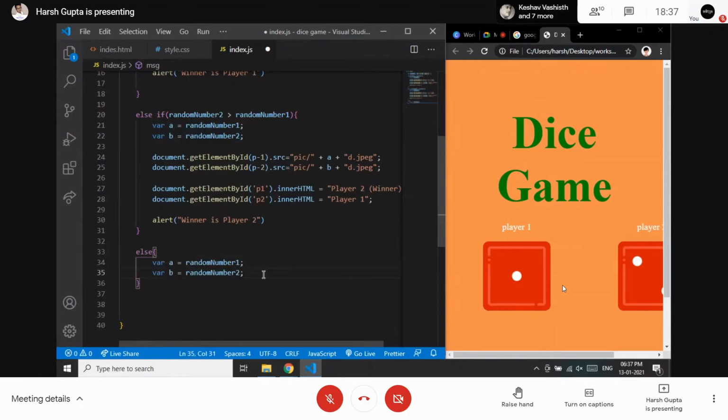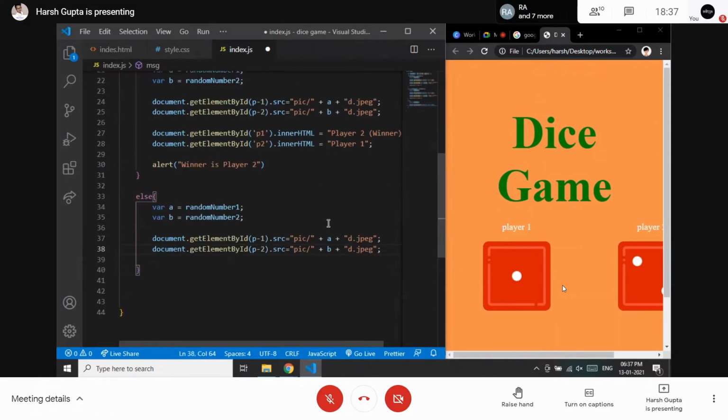The images would be the same, and I also wanted to update the images, so I will just copy and paste it. But here what I will be typing is, no one is the winner, so I will be typing here a draw match. The match has been drawn.